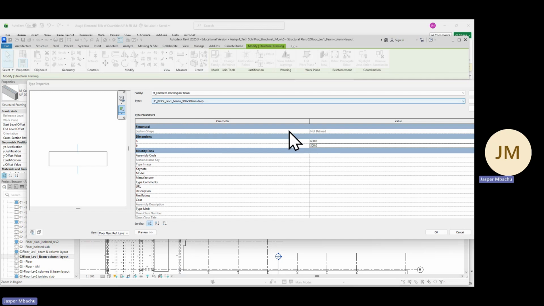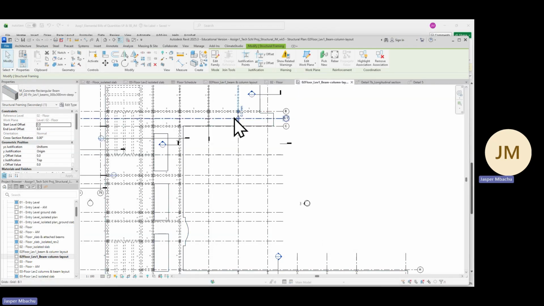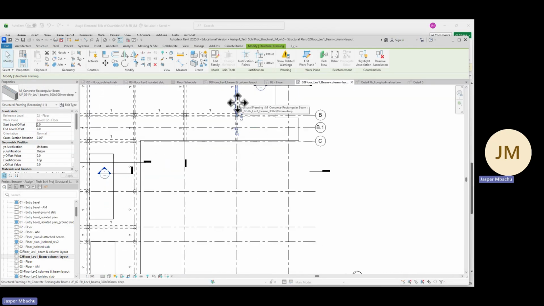You just type, first of all, before you do that, just click OK. And then we will click here because we know that this beam is going to be 300